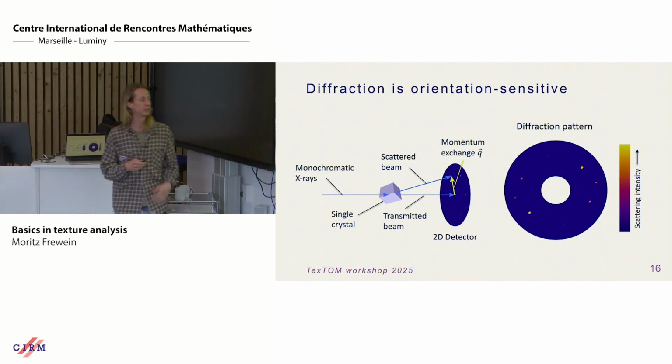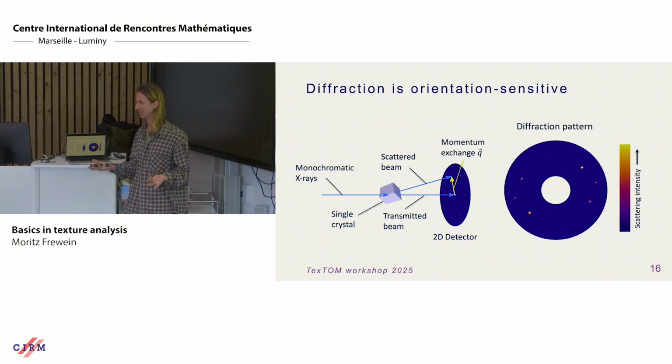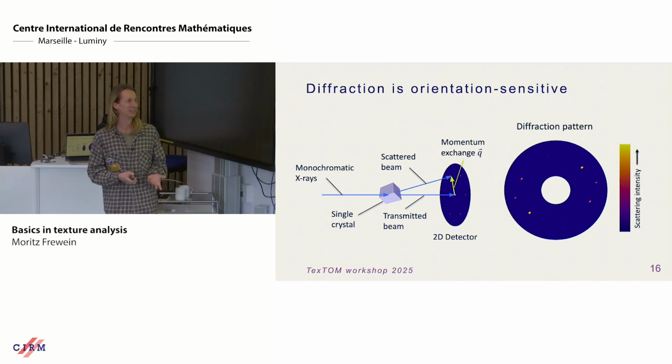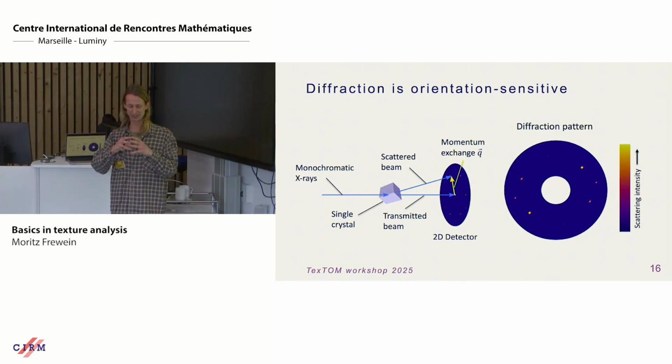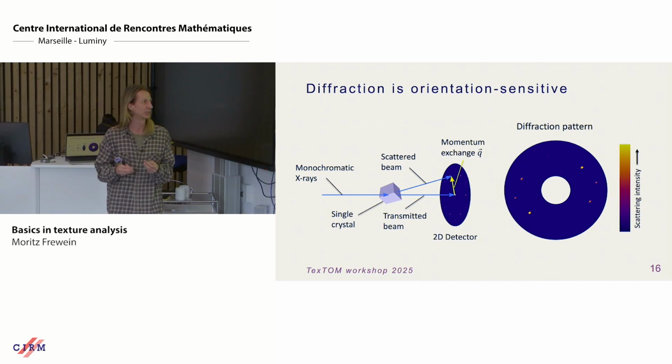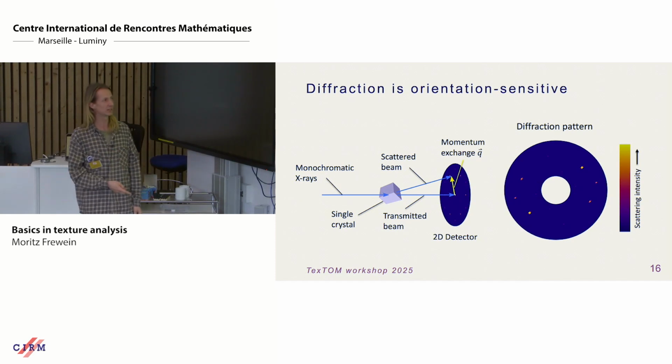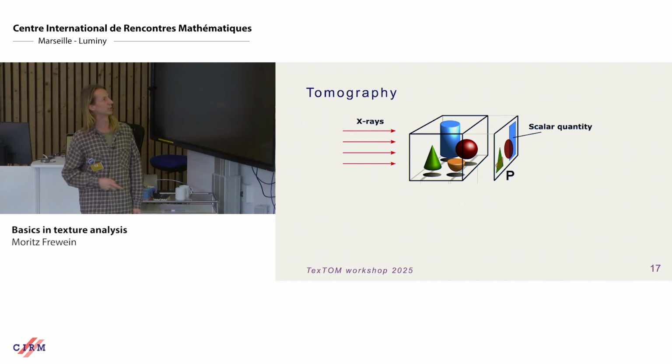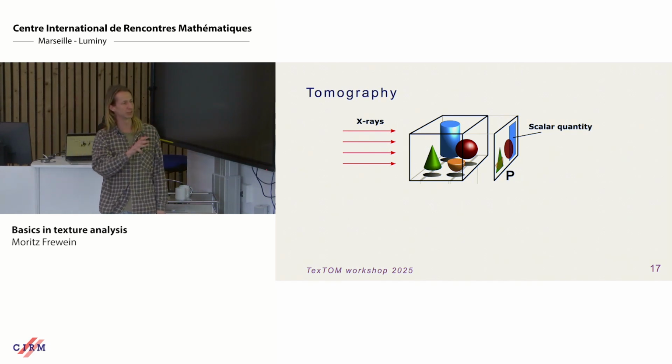But now, as we want to do texture tomography, which means we don't want just the orientation of a single crystal, but we have a polycrystalline material, and we are interested in the local texture inside of this material. So we do tomography, and just to give a short outline,